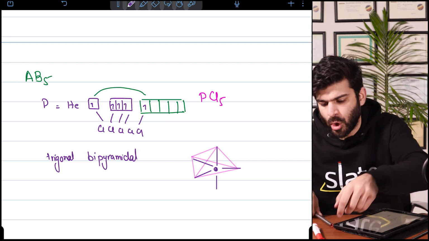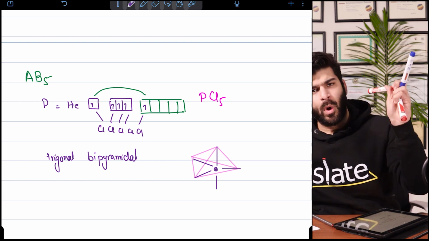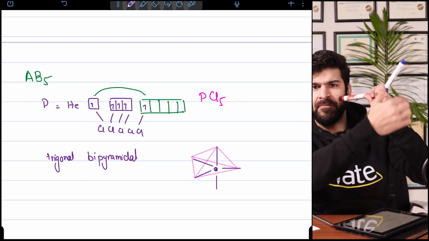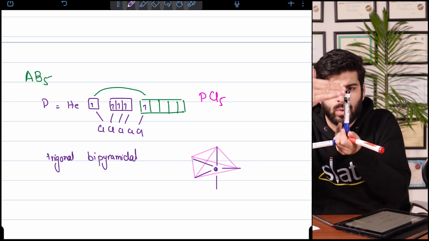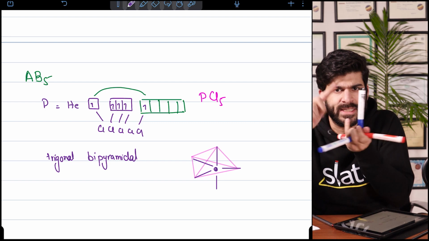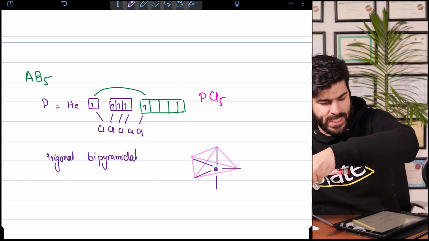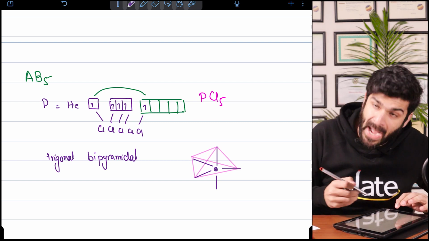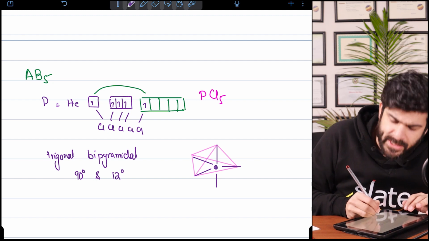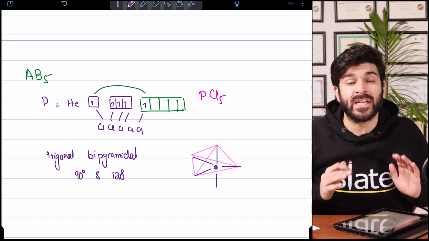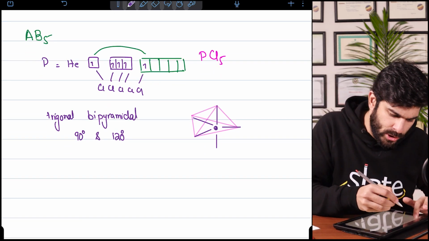But the angles are still not easy here. They're easy. You just need to memorize if you can. What is the angle here? It's the same fan, trigonal, 120. But what are the angles now? 90, 90, 90. And the base one, 90. So the angles that we have in trigonal bipyramidal are 90 degree and 120 degree. And you would be delighted to know, that's it. That's all about AB5. Now the last,